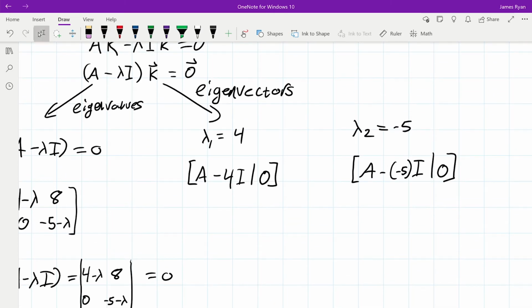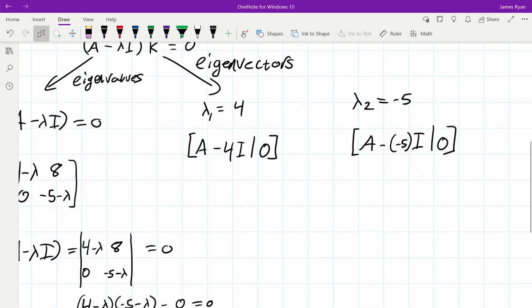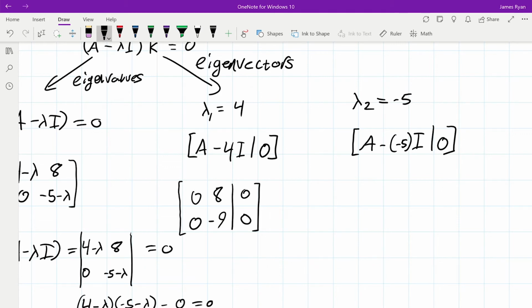So for lambda 1, which is 4, A minus 4I is the matrix 4 minus 4 is 0, 8, 0, negative 5 minus 4 is negative 9, bar 0, 0. And so from here, we can see that this is just a system of linear equations. So if we represent the eigenvector k1 by k1, k2,